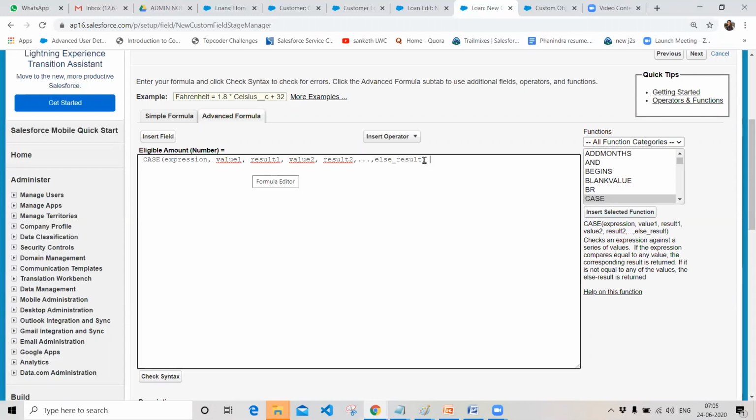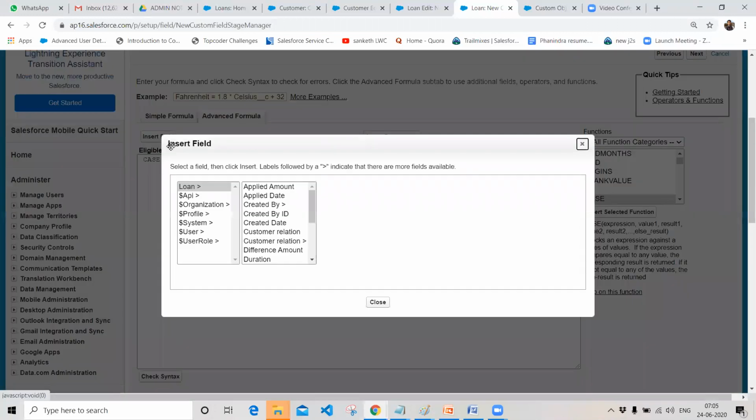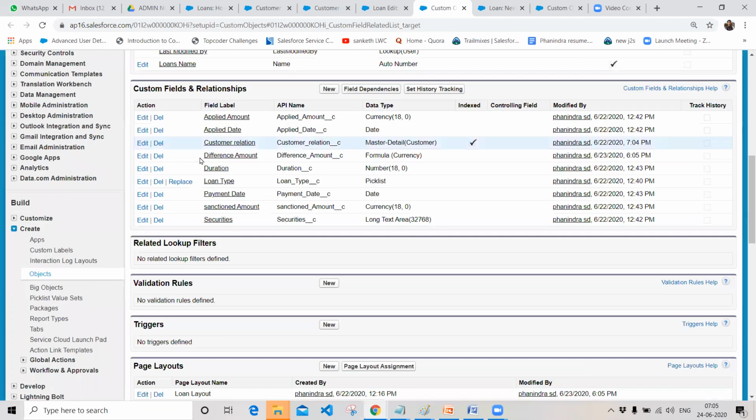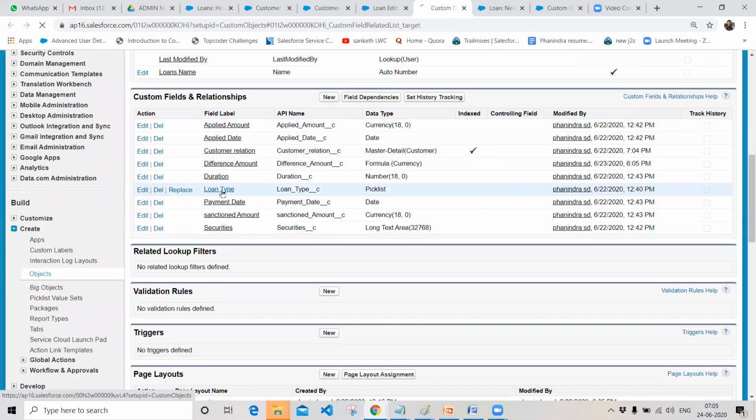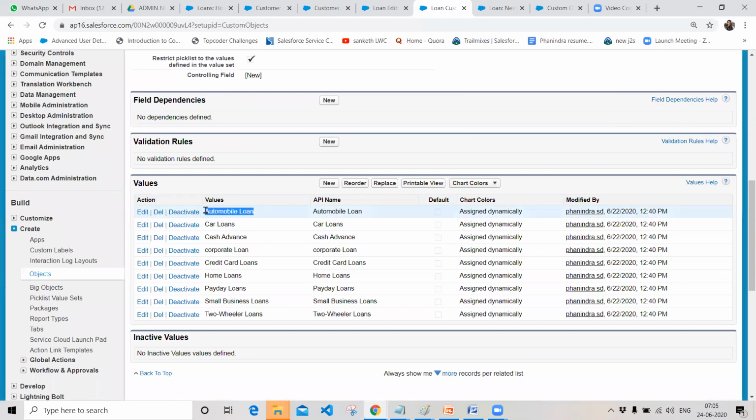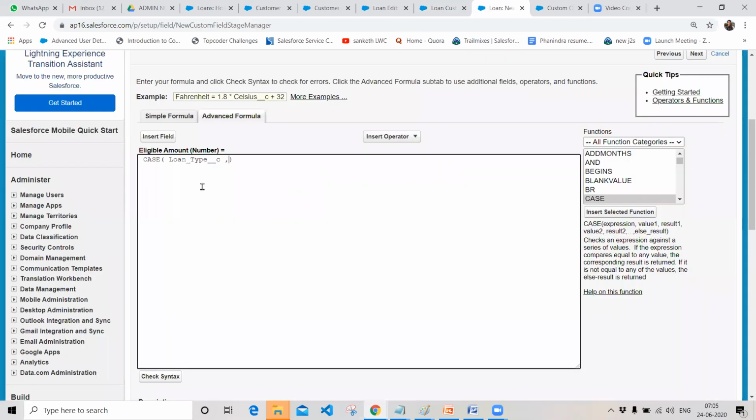So this is the result. As I said, this is the expression that you want to give. I want to choose it over the loan type. Loan type, and I want to give that if the loan is related to view fields, loan type, okay, automobile loan. If I am taking an automobile loan from this,